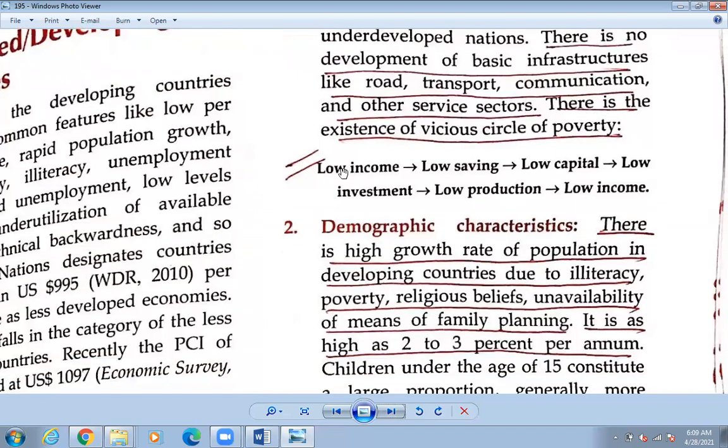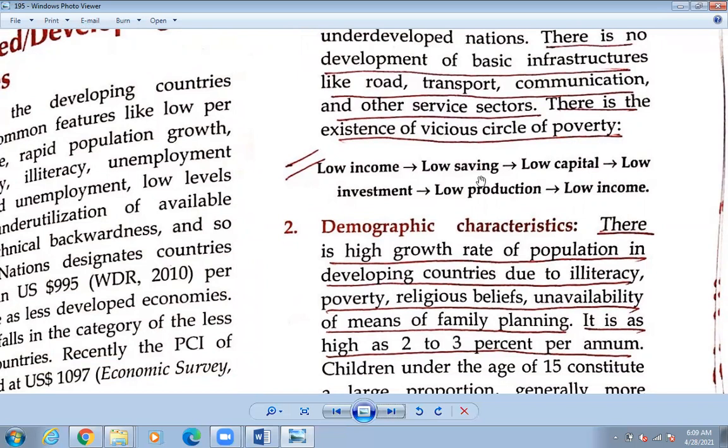के छ भन्दाखेरि, in a poor country there is low income. If there is low income, there is low saving. तलबै थोरै भने saving पनि कम हुन्छ. And if there is low saving, there is low capital. Investment त गर्नु पर्यो नि त, कतै investment. If you think to be rich, then you need to do investment. Capital must be there.